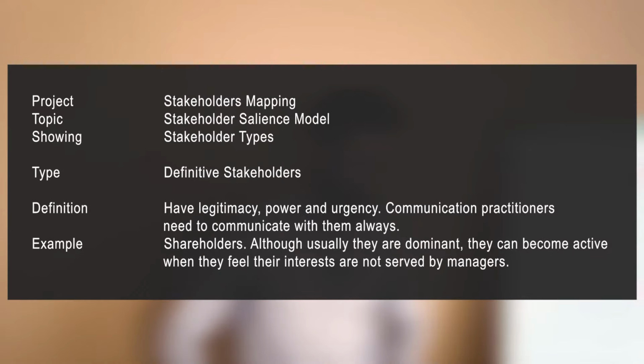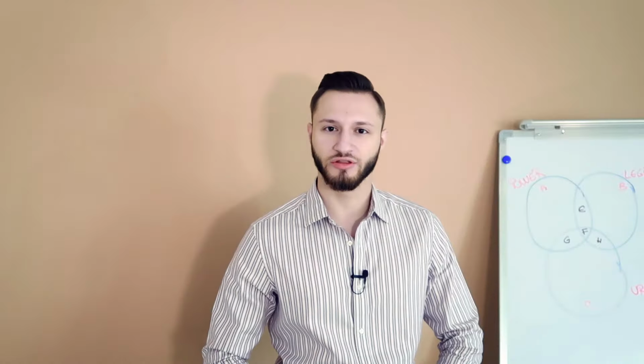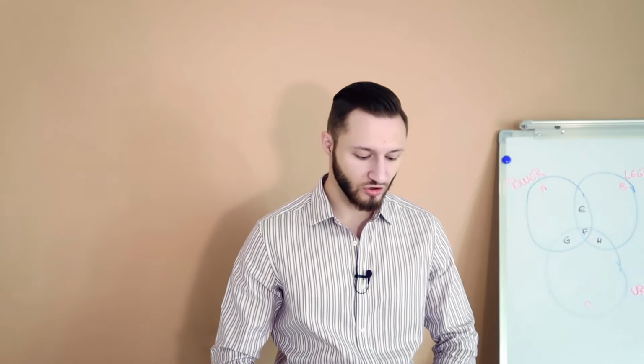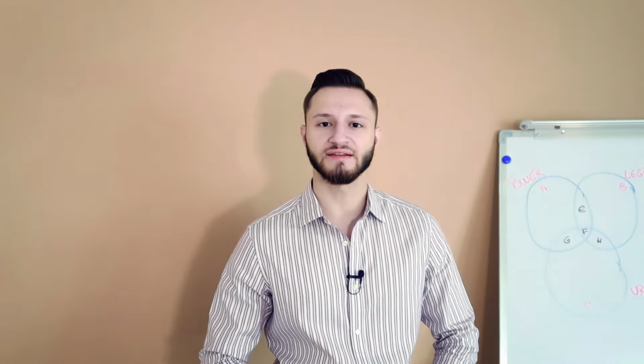And finally, the definitive stakeholders, they have legitimacy, power, and urgency. Communication practitioners need to communicate with them always. For example, the shareholders. Although usually they are dominant, they can become active when they feel that their interests are not served by managers. Once the stakeholder groups have been classified considering their salience, the communication practitioners will start creating